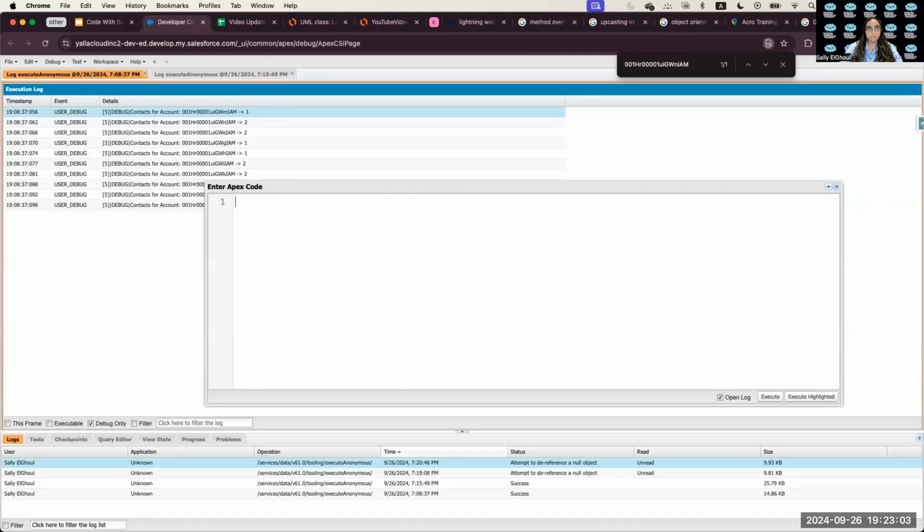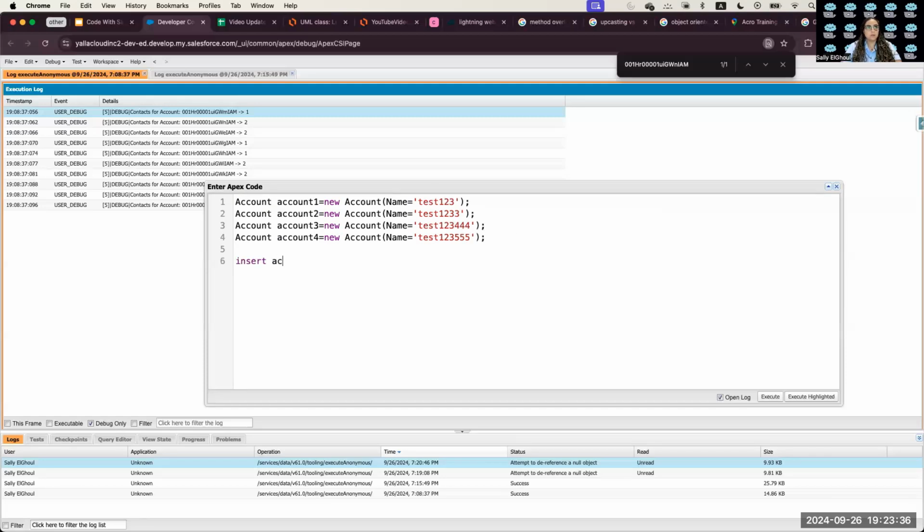Like we explained before, I can have, for example, account one equal new account, and I have name equal test 1, 2, 3. And then I can have account 2, and let me change the name to 2, 3, 4. And I can have 4, 3, 3 here, and so on. Those are random accounts. What we can do is say insert account 1, and then insert account 2, and the same